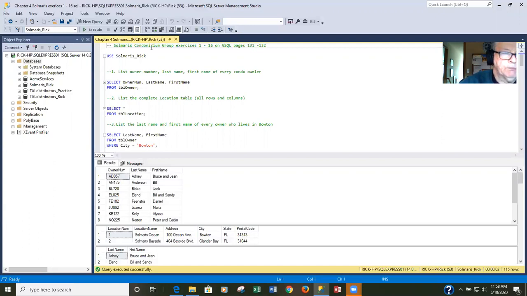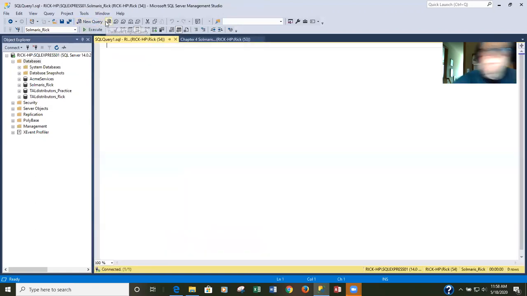So to start this assignment, you're going to create a new query. Okay. Click this button right here and create a new query. And you're going to be using the TAL distributors _ RIC database. But for this exercise, I'm going to be using the Solmeris database. So I'll click a new query and